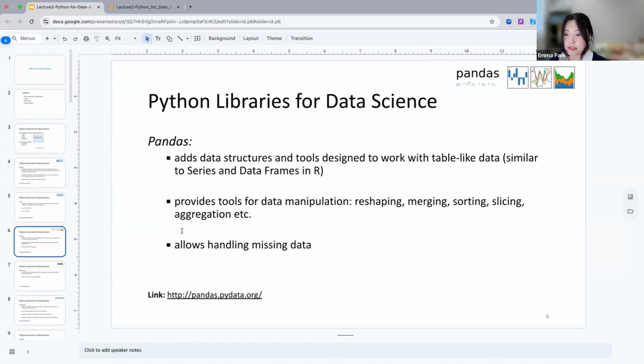Next is pandas. Are you guys familiar with the pandas library? Have you used that before? Okay. So you can think about it like you have an Excel file and there is a lot of data,